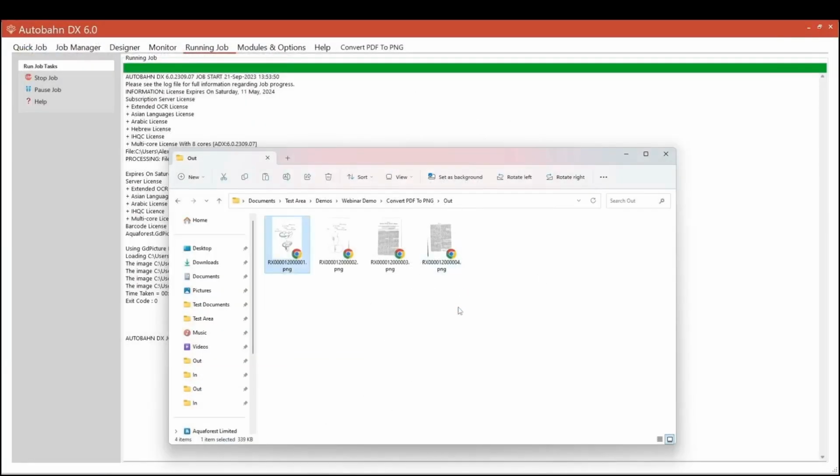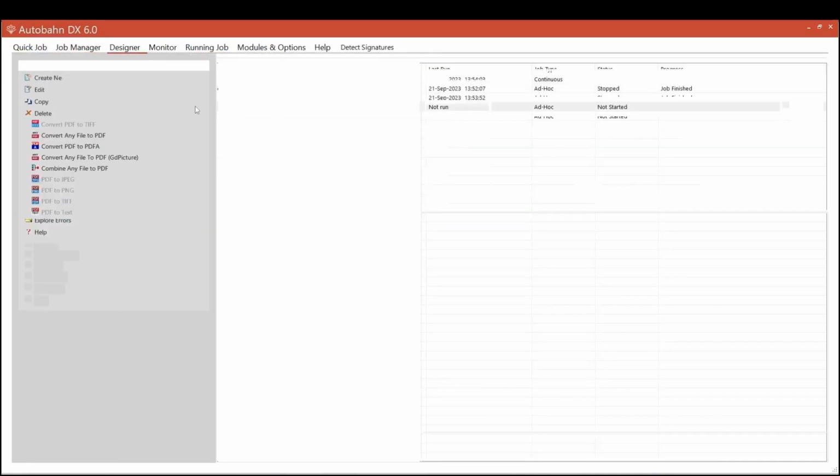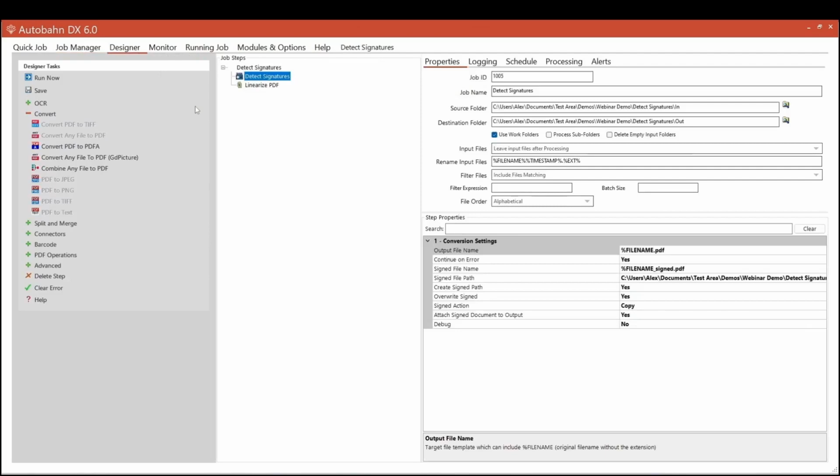Yeah, that all looks good. So on to the next one, and this is detect signatures. This step was actually a requested feature because once a file is signed, processing it will break the signing. But if you use the detect signatures step, you can prevent signed documents from being processed, or you can make